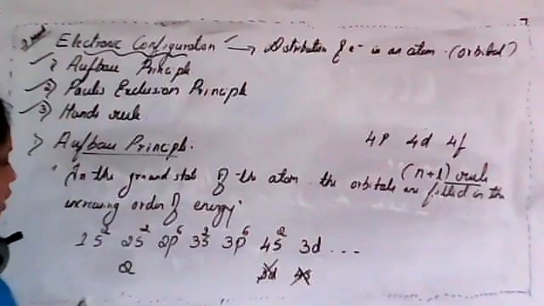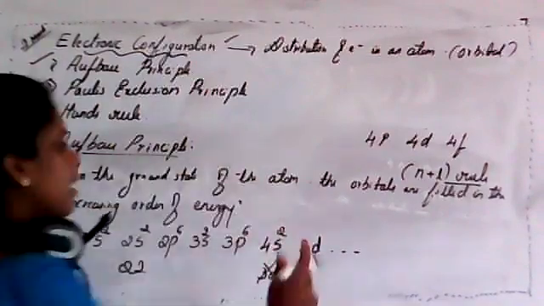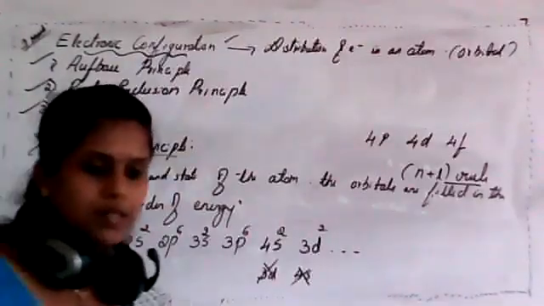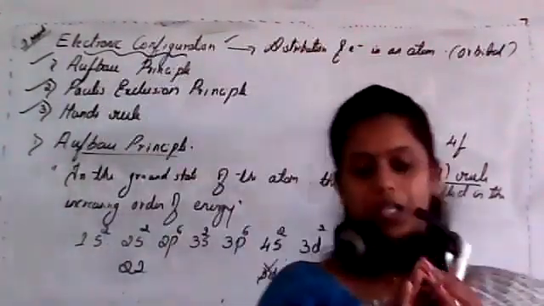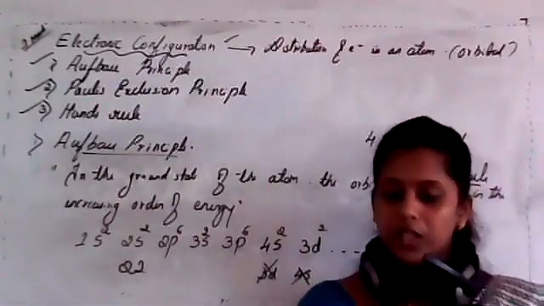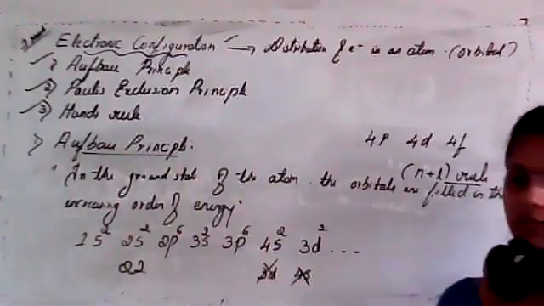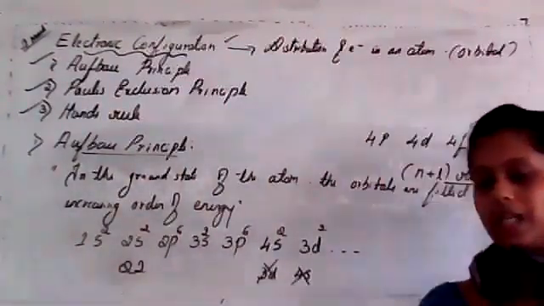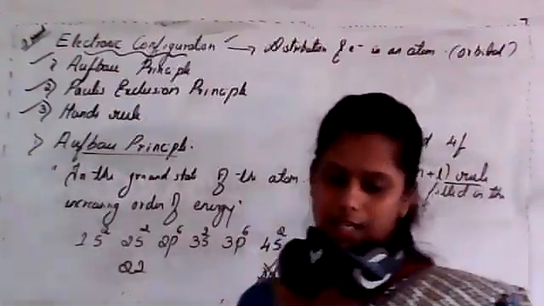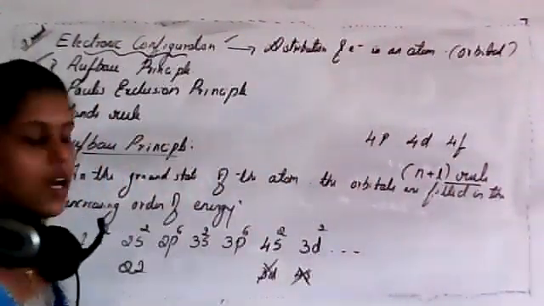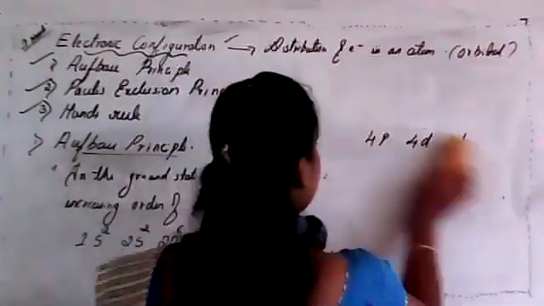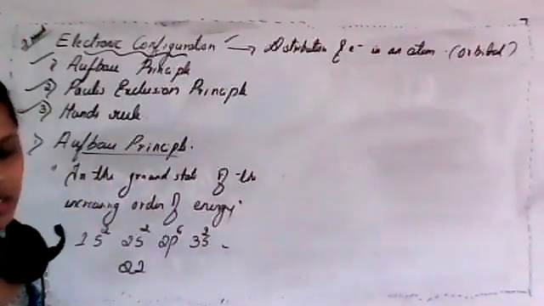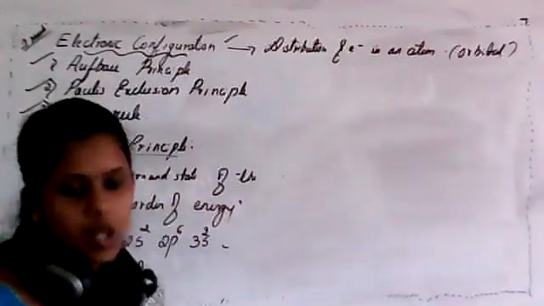If it is 21 or 22, in that case only d orbital is filled. Is this clear, student? So that means here electron must be filled in a lower energy orbital. That means it must be filled step by step, from lower energy to higher energy. Is this clear, student? And we know there is one method to write electronic configuration, isn't it? So, order of filling of orbital.